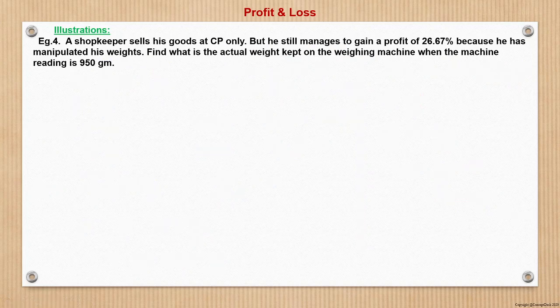Now I will move to question number 4. Here it says a shopkeeper sells his goods at CP only, but he still manages to gain a profit of 26.67% because he has manipulated his weights. Find the actual weight kept on the weighing machine when the machine reading is 950 gram. So now see, he manages to gain a profit of